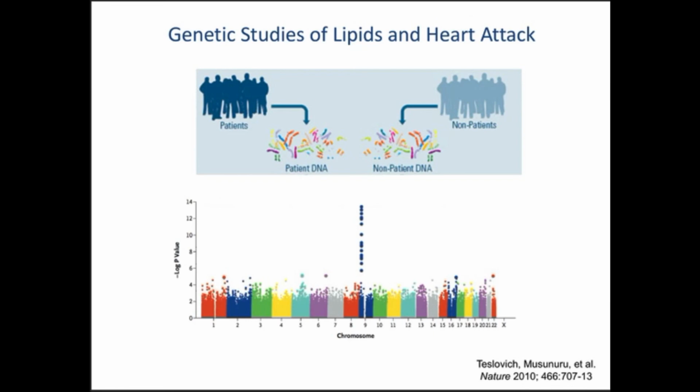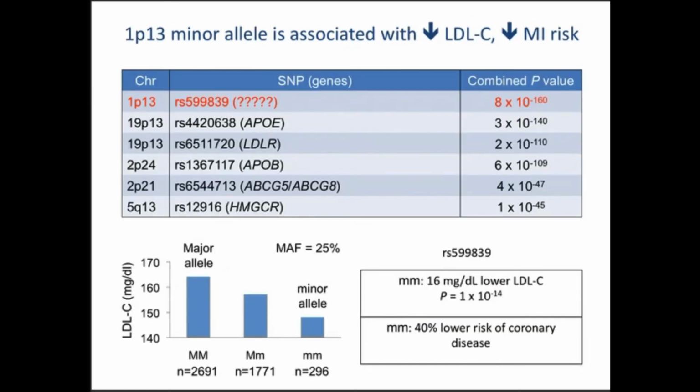And we've done this over and over again, and we keep finding more and more genes. And what I should say is the first thing we learned was genetics works. Genetics taught us everything Brown and Goldstein had taught us over 40 years about what the main risk factors for heart attack are. It turns out it's lipids, and in fact LDL cholesterol. So the who's who of LDL cholesterol showed up when we did this genetic study of heart attack and lipids. You've got the target of statin here. You've got the LDL receptor, which is what led Brown and Goldstein on their merry chase to begin with. You've got ApoB, basically a who's who in lipid biology.